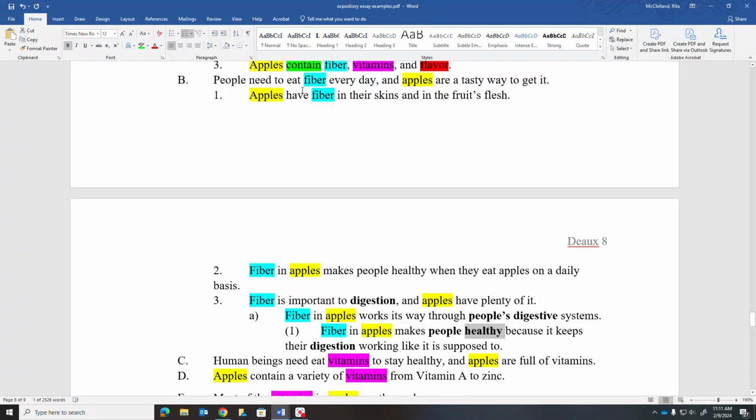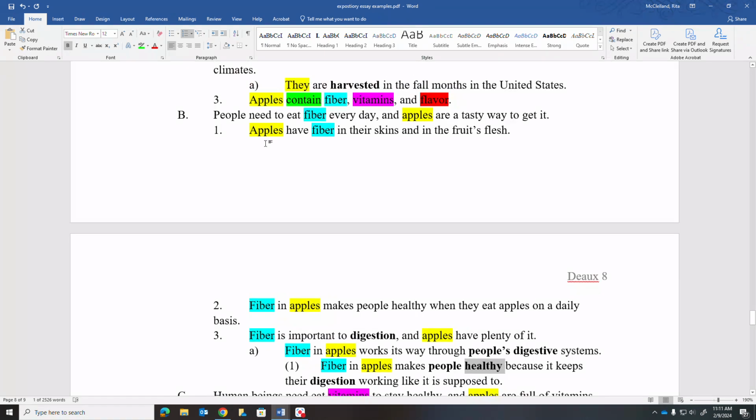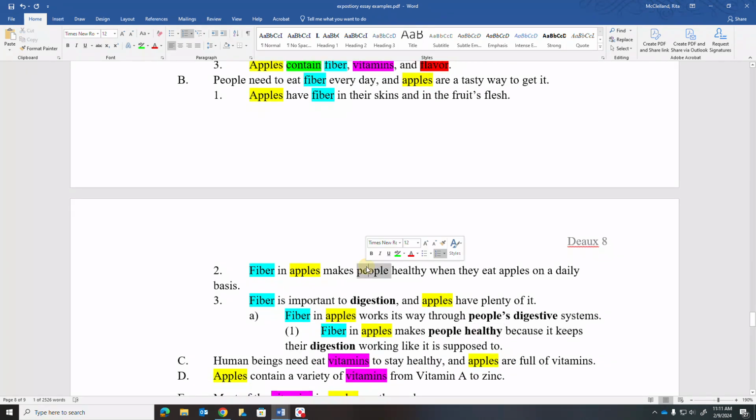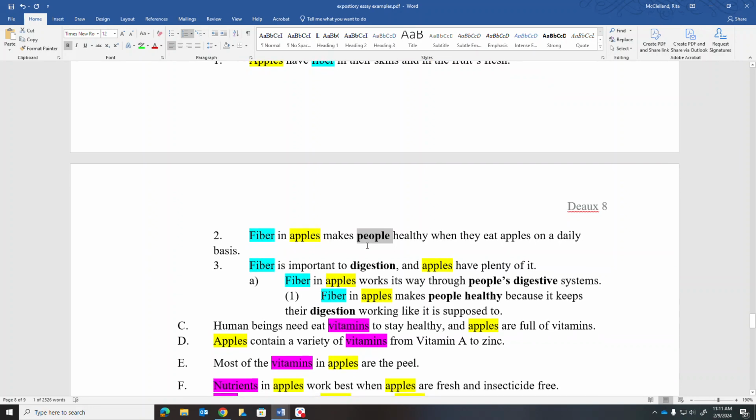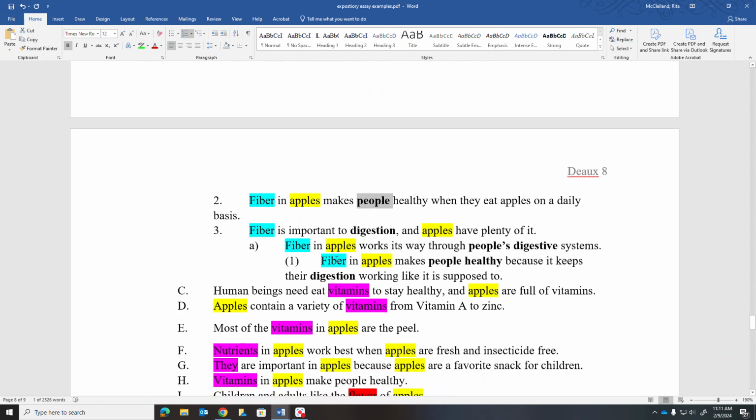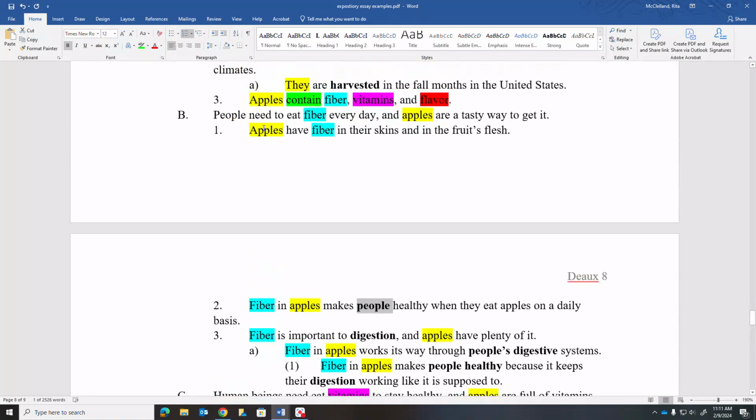Okay, people need to eat fiber every day. Oh, so this is about fiber in people and fiber in people, and this sentence is about fiber in people. So do I need to move these sentences up here, or is it okay the way they are? I'm going to say this is okay the way they are because the very next sentence is about fiber, apples, people, and healthy. So I'm going to leave these sentences in this order. And I go from